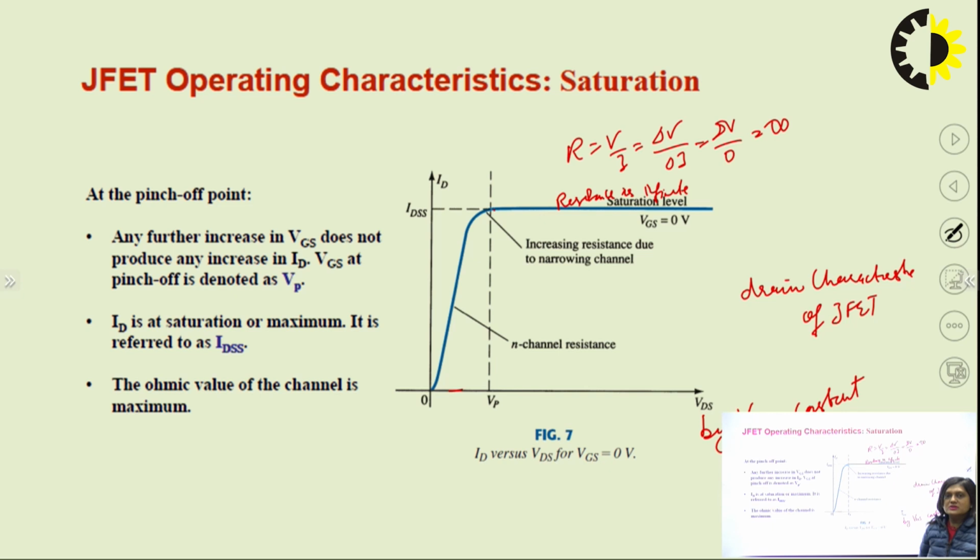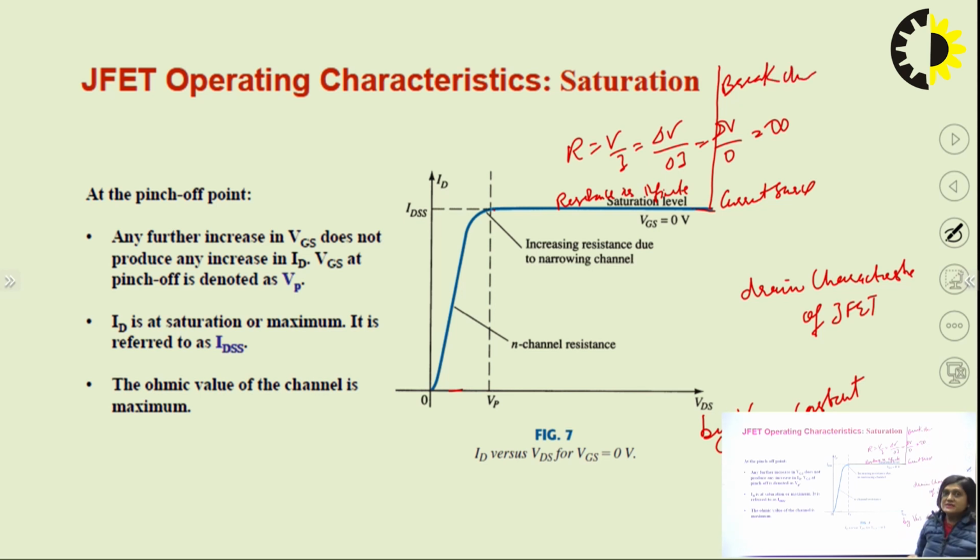We also know the conductivity of the channel is reduced because the depletion layer width has increased and the available channel is reduced. That's why in this region the resistance becomes infinite. Here the FET acts as a current source, because a constant amount of current is flowing. It can provide a constant amount of current, so in this region it will act as a current source, and after this there will be a breakdown region.